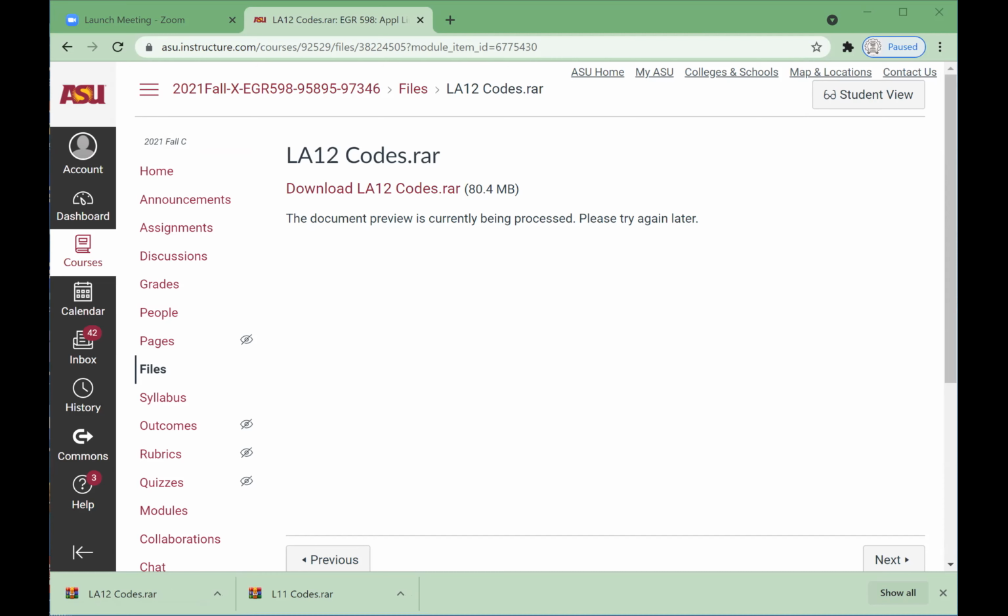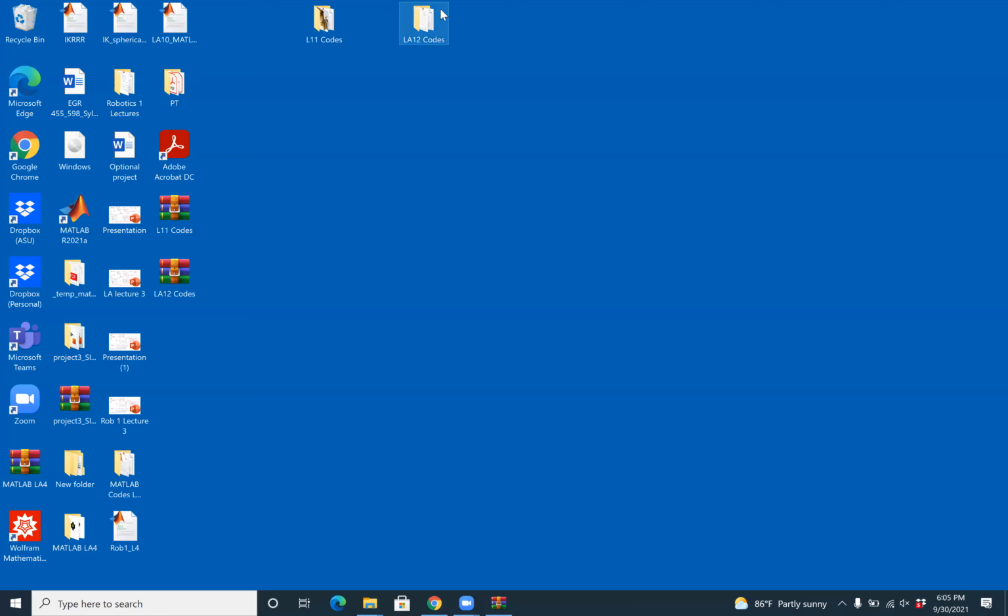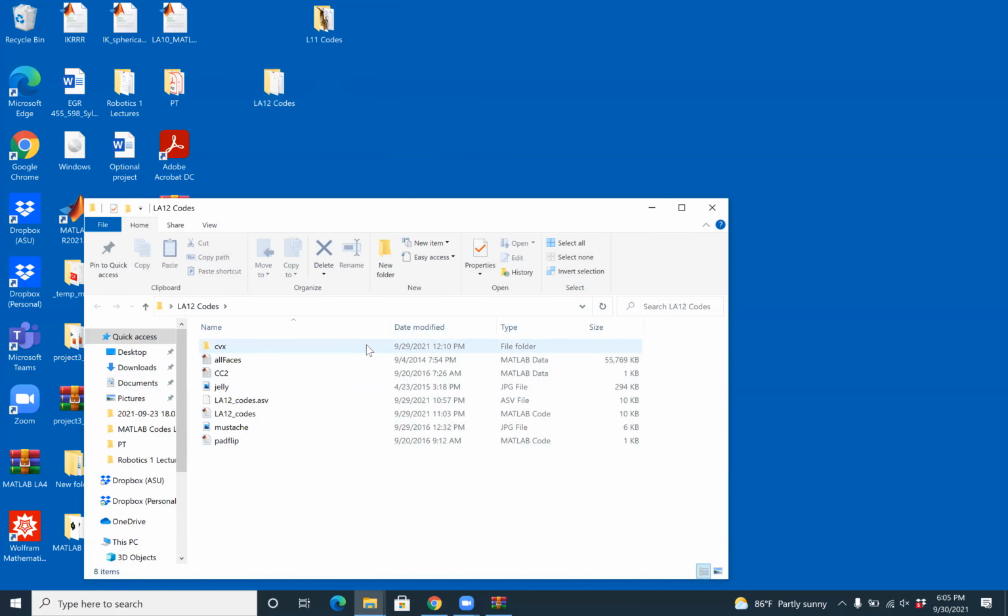On your desktop, you should have this folder. In this folder, there is a subfolder called CVX. CVX is where the convex optimization files, the MATLAB scripts, are stored.